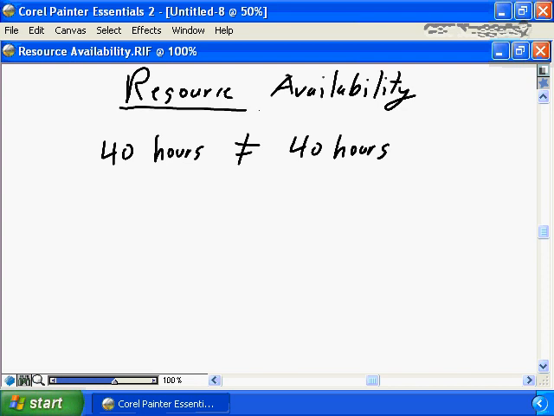In spite of what I just said about a single resource being assigned to that 40-hour task, being able to complete it in 1 week, that actually is not the case. Here I've made a very interesting statement where I say 40 hours does not equal 40 hours. Or in other words, you need to ensure you're assigning the tasks, you're developing the estimates based on actual resource availability. So you have a full-time resource,